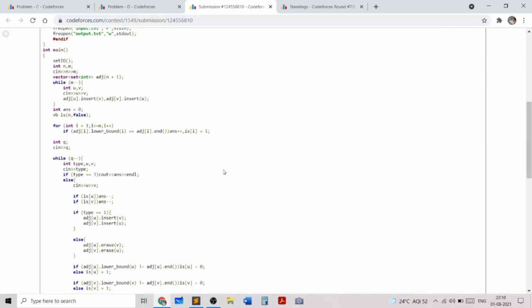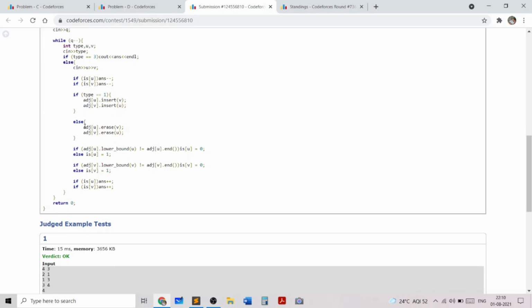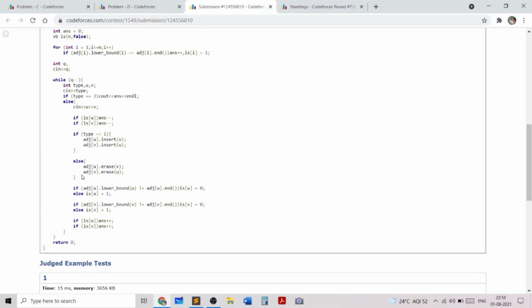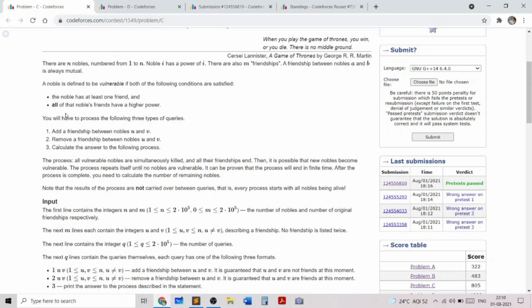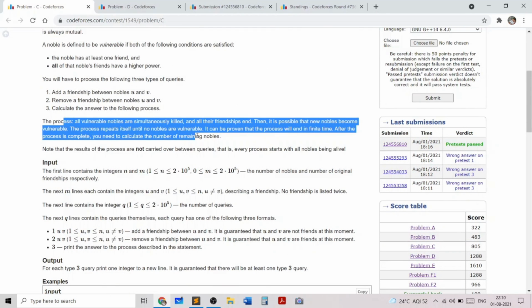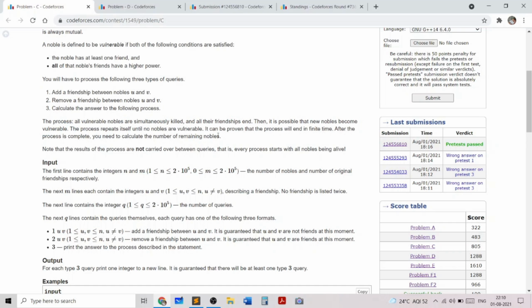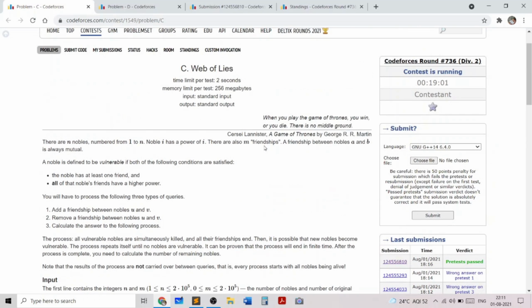So I hope you liked this problem. And as you could see, this problem taught us firstly how to store the adjacency list in such a way that we can effectively perform edge additions, so edge insertions and edge deletions, easily in log n time, because sets take log n time for insertion and deletion. And then we also made the critical observation for deciphering this process. So we were able to decipher this process based on just one key observation, which I gave you the intuitive understanding for why it is true.